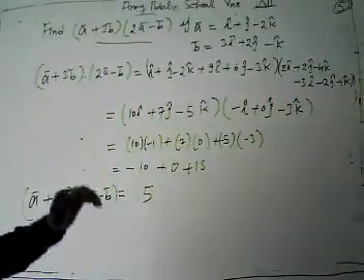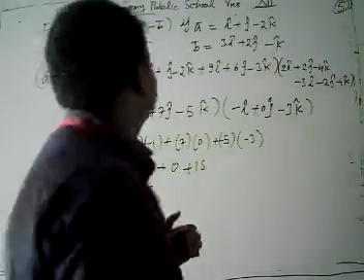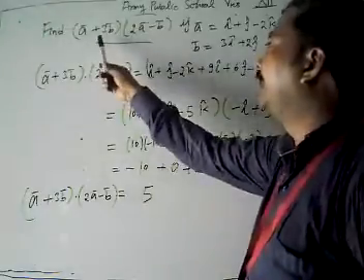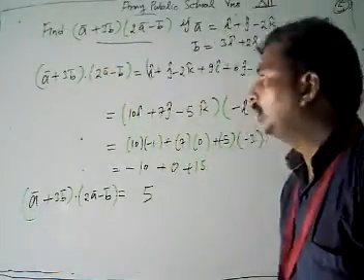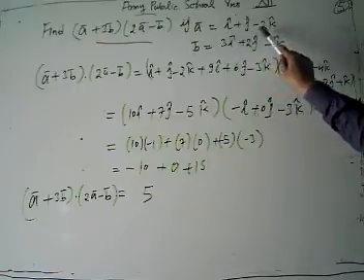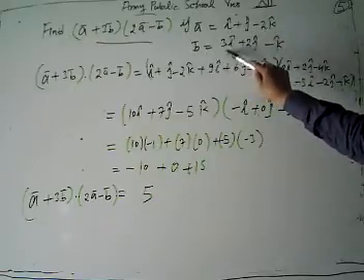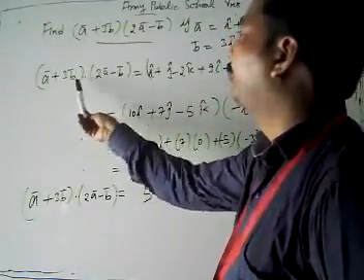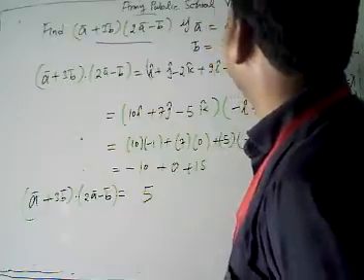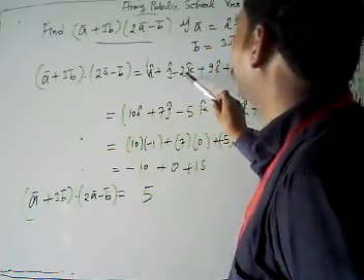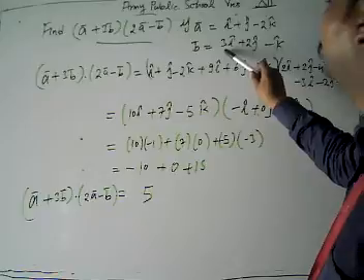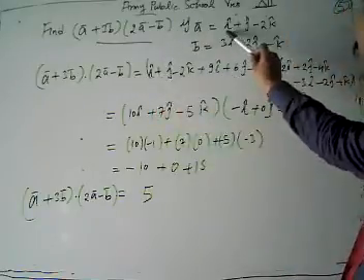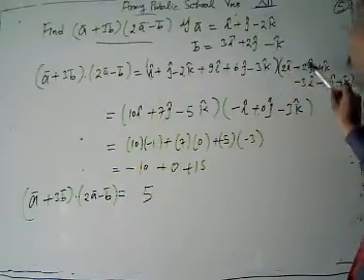We can again look. We have to find the value of vector a plus 3b dot 2a minus b, and it's given that vector a is given by i cap plus j cap minus 2k cap, and vector b is given by 3i cap plus 2j cap minus k cap. Then first of all we have taken a plus 3b. We write down i cap plus j cap minus 2k cap plus 3b. Then 3 times 3 is 9i cap, 3 times 2 is 6j cap, minus 3k cap. Then 2a, 2i cap plus 2j cap minus 4k cap.